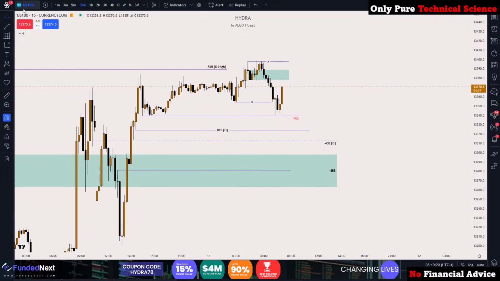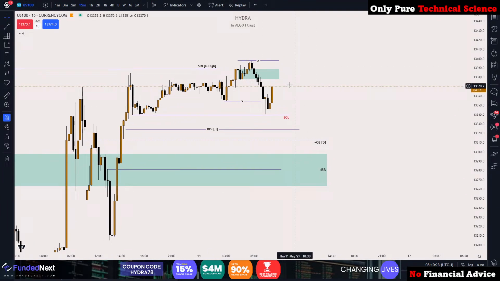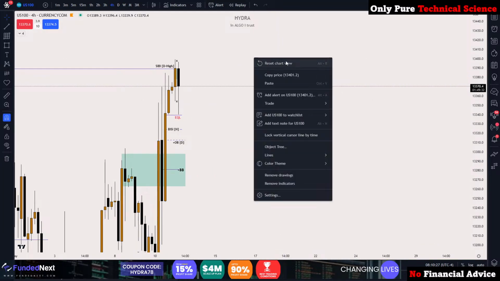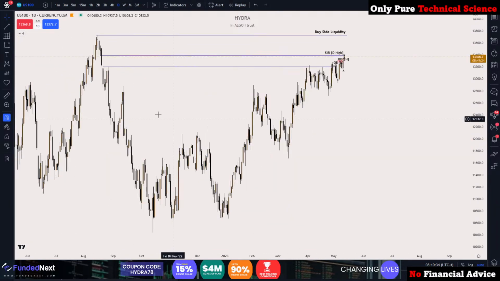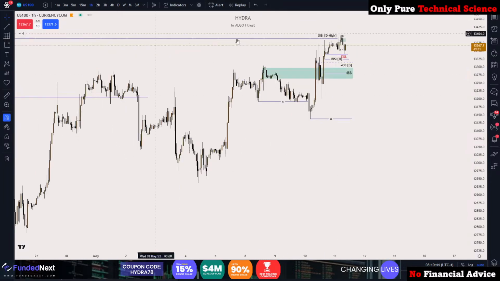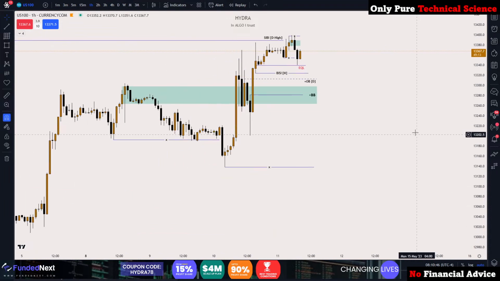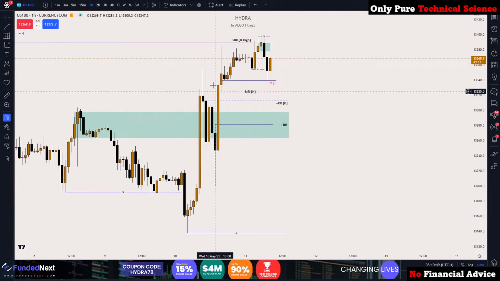Anyway, let's focus on the chart on US100. That's what I'm looking at today. Everything is marked here on 4 hour. On the daily chart, you can see the price is inside this CB, sell side imbalance, buy side inefficiency. Nothing significant to watch on the daily chart, but once I drop down to the hourly chart, you can see that we have a BC here, buy side imbalance, sell side inefficiency on the hourly chart, and